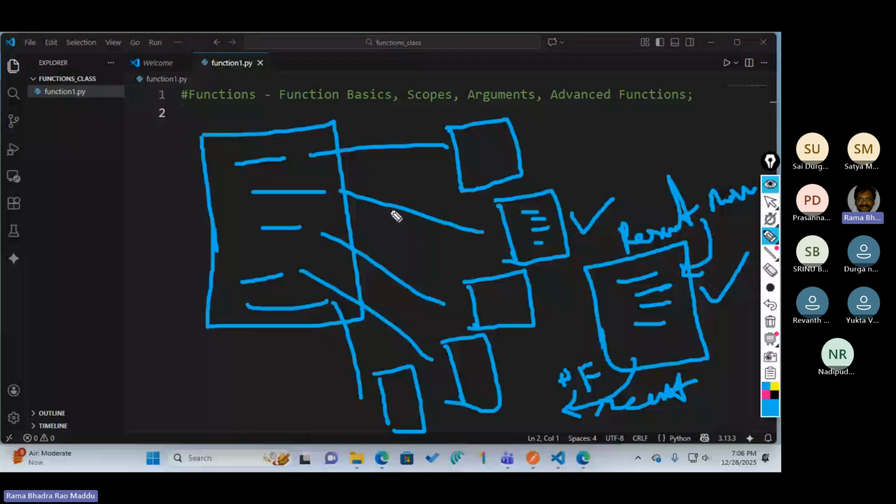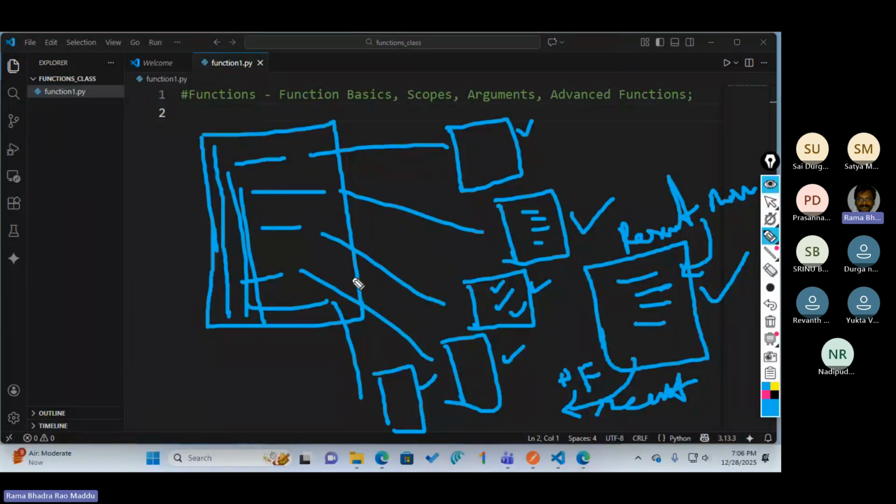The other case is reducing the complexity of a huge program. If it contains 1 lakh lines, or 10,000 lines, or 5,000 lines of huge code, then we can split it into small parts, and if any error occurs, we can easily track, trace and rectify it.